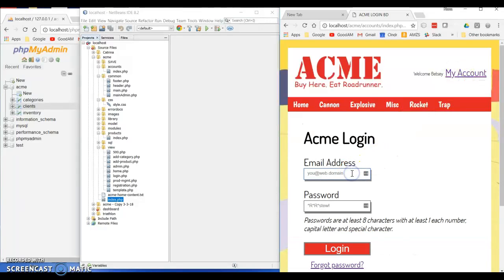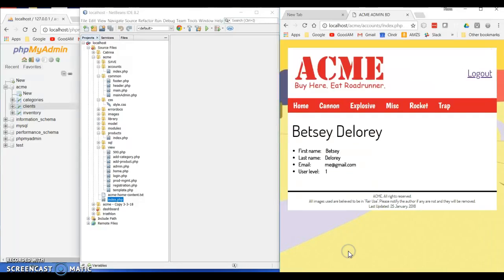Go ahead and log in. And where the My Account link was, it's now been replaced by the Log Out link. And my name is displaying along with my user information here. If I log out,